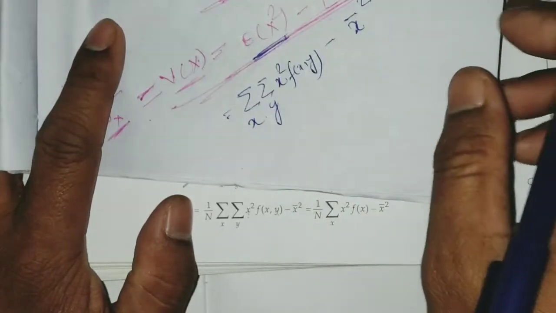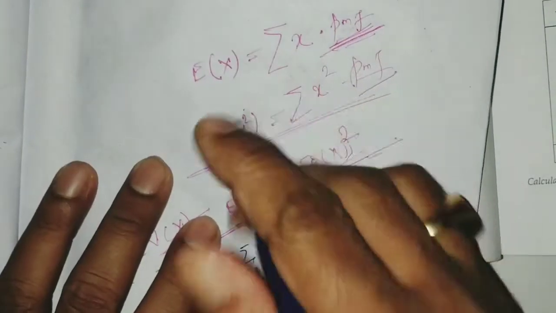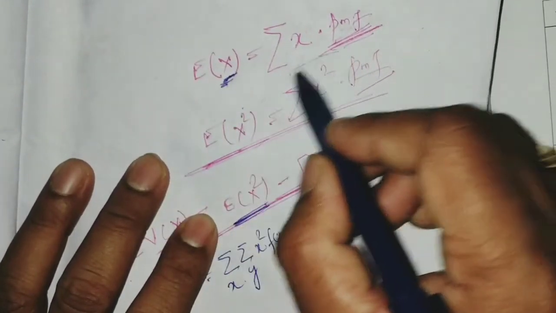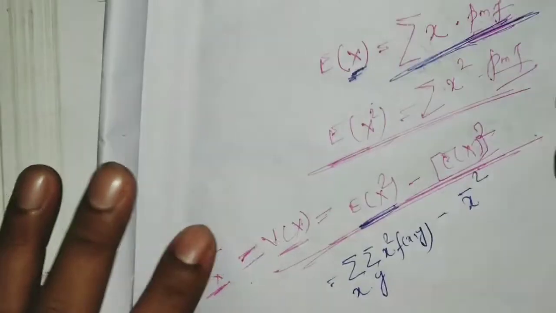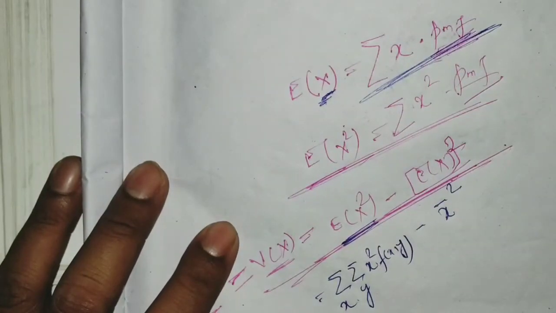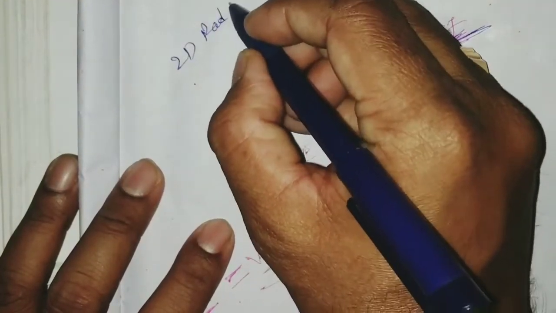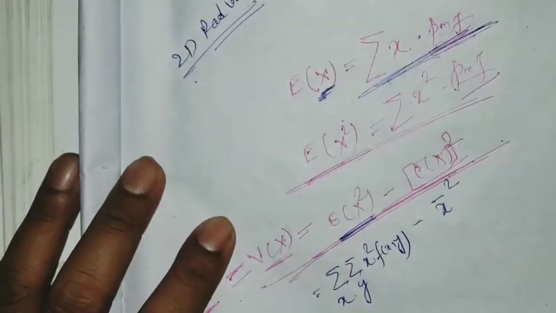See, if it is a single random variable, then this will be valid. But if we have two random variables connected with each other, you can consider a 2D random variable, then for that,